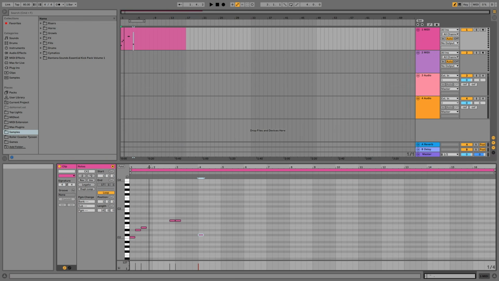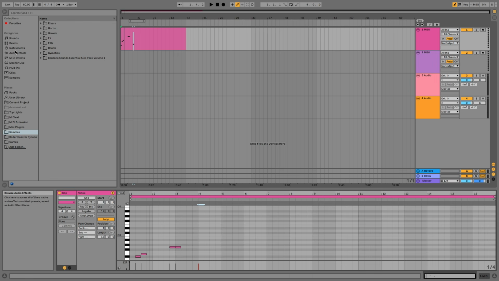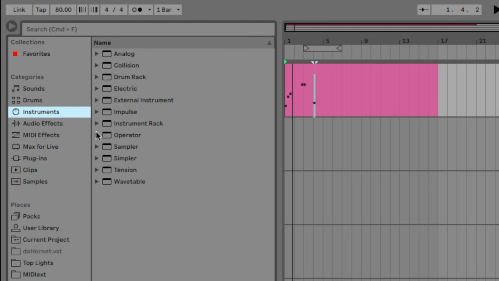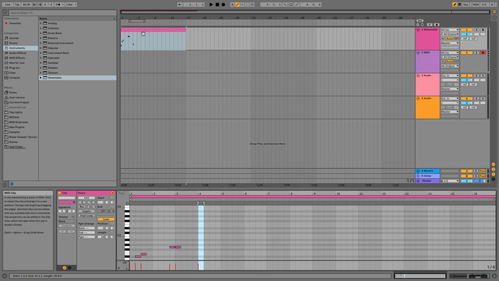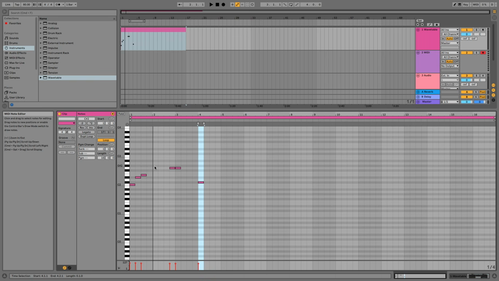So what I need to do is go over into my Ableton library and pick an instrument. To do this, I'm gonna go under Instruments and select my instrument under these drop-down menus. A new instrument to Ableton Live 10 specifically is the Wavetable. So let's pretend I want to use the Wavetable instrument. To do that, I'm gonna left click and drag and drop onto my MIDI track. I'm gonna go back into my piano roll again by double clicking. And now if I hit play,